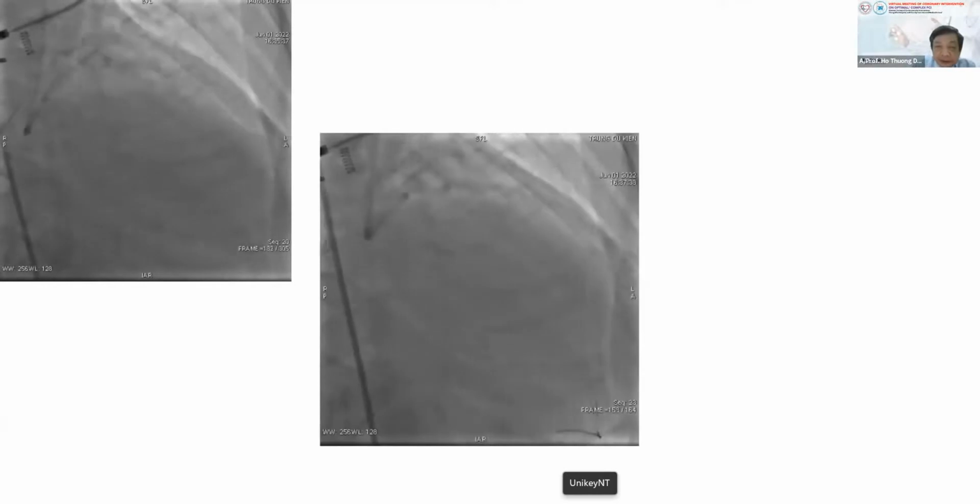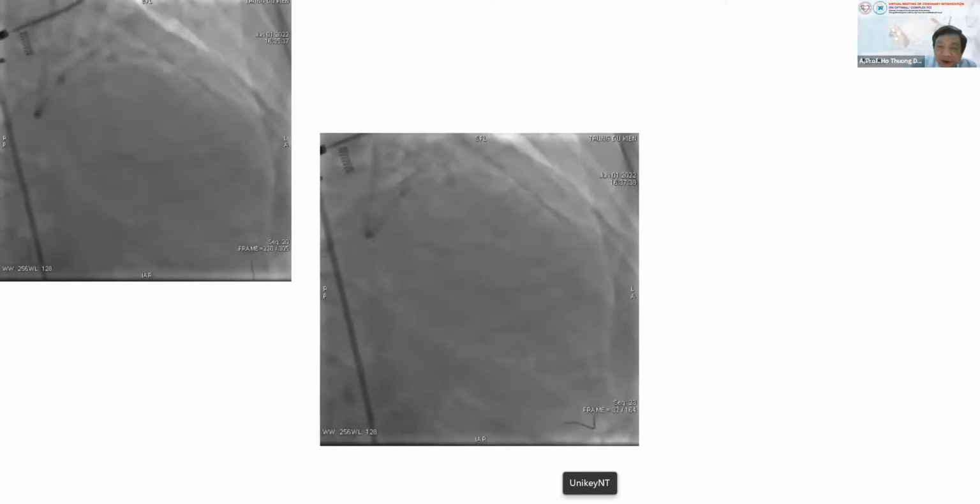And you can see when I push the small balloon, 0.8 by 10 millimeter, the smallest balloon I have, it gets stuck in the severe lesion. You can see the tip of the guiding catheter going some in, some out. When I push, it jumps out; when I pull back the balloon, it jumps in. You see? And because the ostium of the left main already has a lesion,